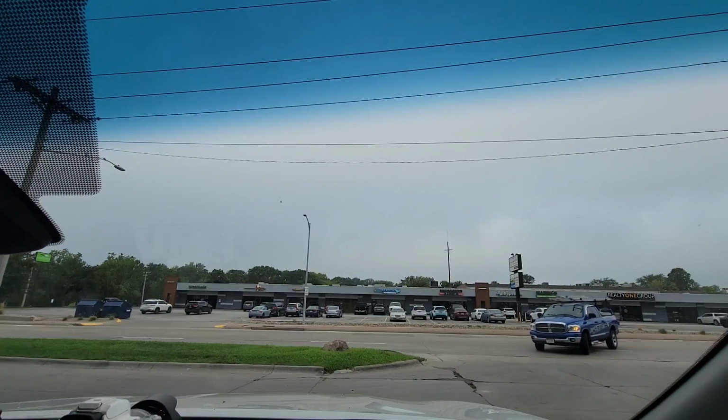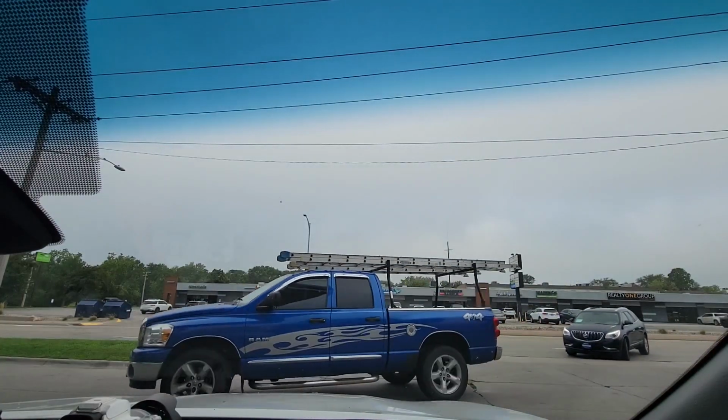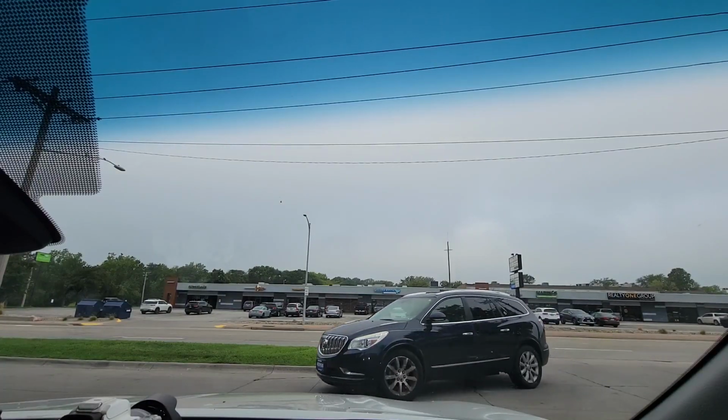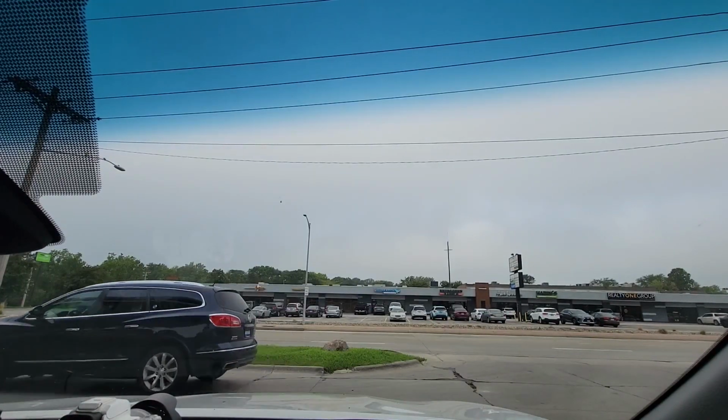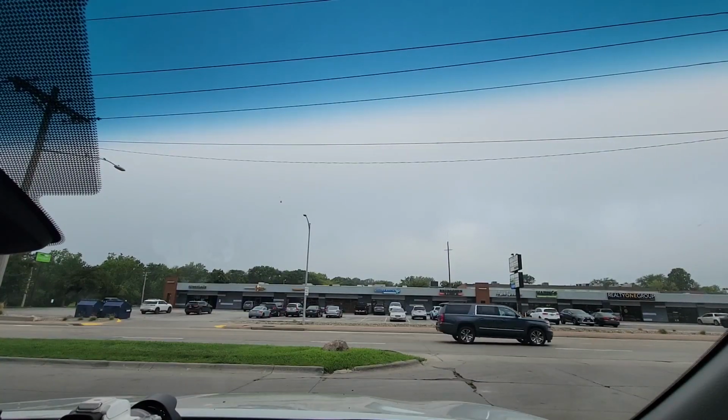Greetings from Omaha, Nebraska. I don't know what road this is. We're at an Amoco or Amoco. I'm not sure what the correct pronunciation is, but found this gas station close to my hotel, and they have a car wash. So, yep, got